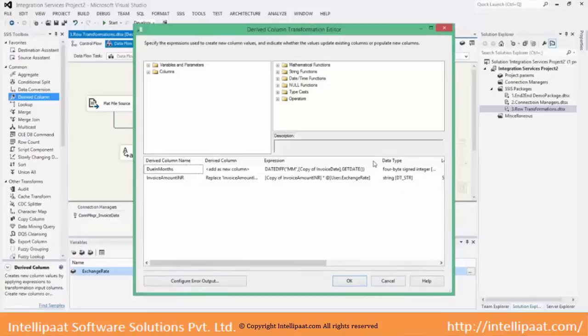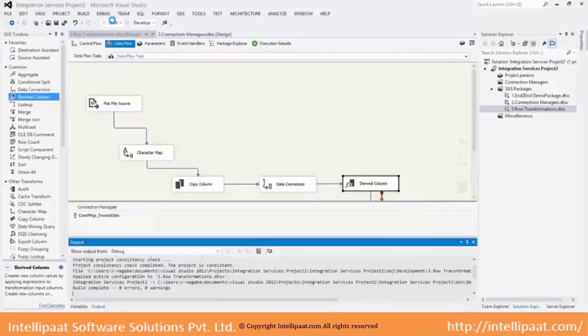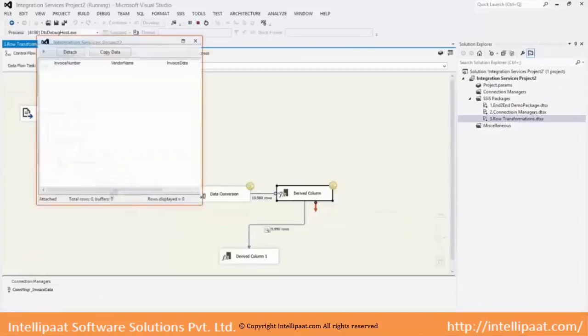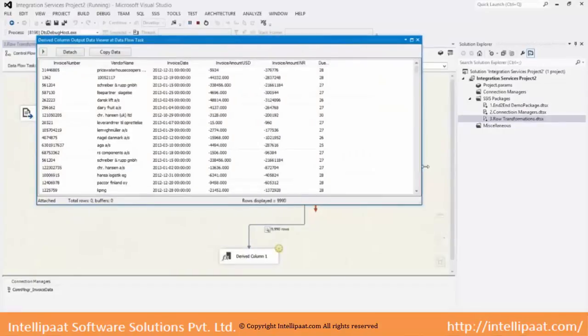Since it is multiplying, variable is used, immediately that variable will take value from this changed set and do the calculation based on that. You get new amounts.